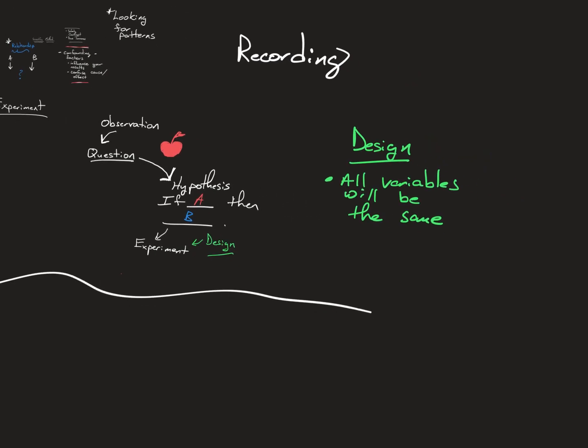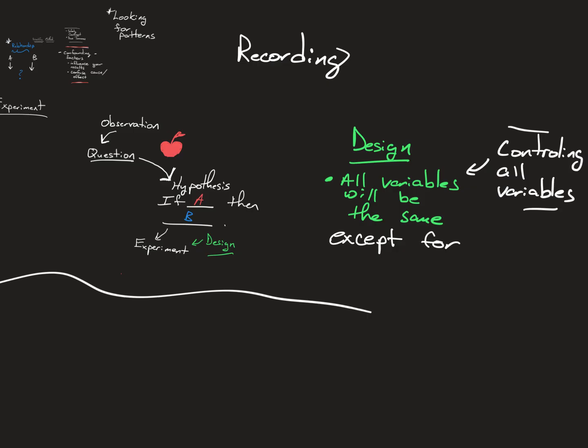It means we're controlling all the variables that we can. The amount of water, the amount of soil, the types of seeds, the amount of sunlight, all that will be controlled. All right. There are 2 things we're not going to control. What are the 2 variables except for what? What 2 variables are we not going to control?